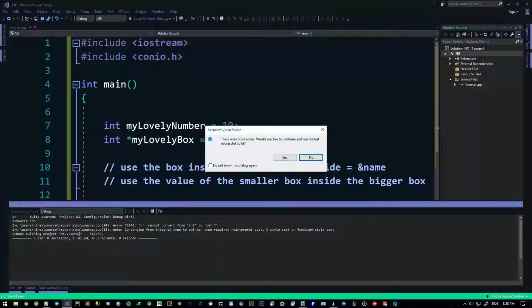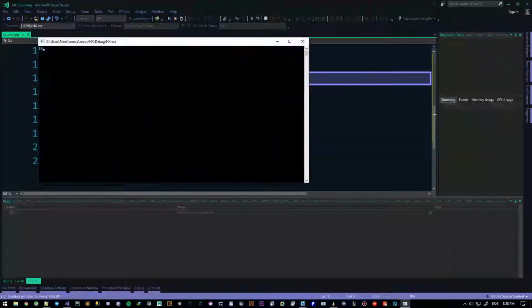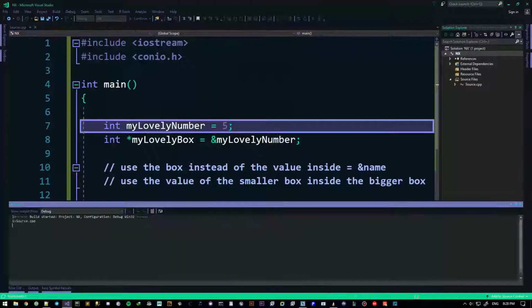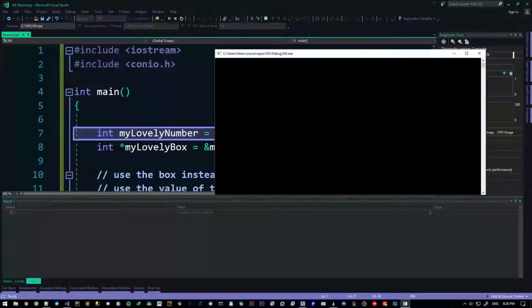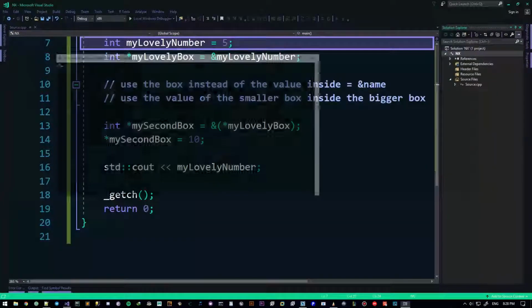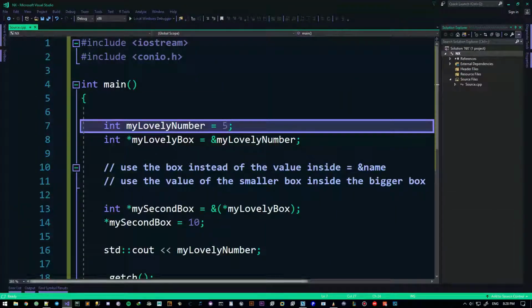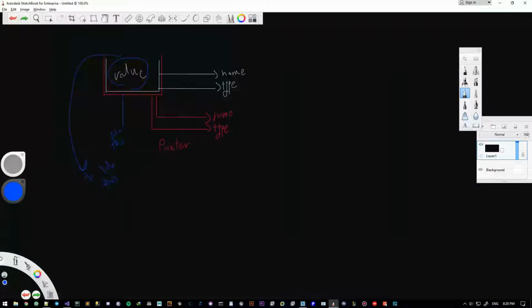And as you can see, I told you already, it must be like that. You always should use that guy there. And as you can see, it's already 10. Now I can put this to 5 and prove to you that it will be 10. What the heck happened? Come on. My lovely number is 5. Yeah, and it's 10. So as you can see, easy peasy, lemon squeezy. All you need to know is that these guys, the pointers, hold other variables. Just like other variables hold other values, the pointers hold variables.